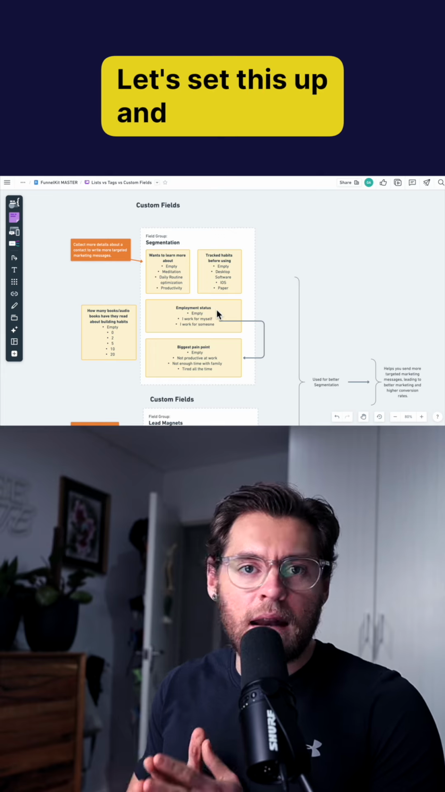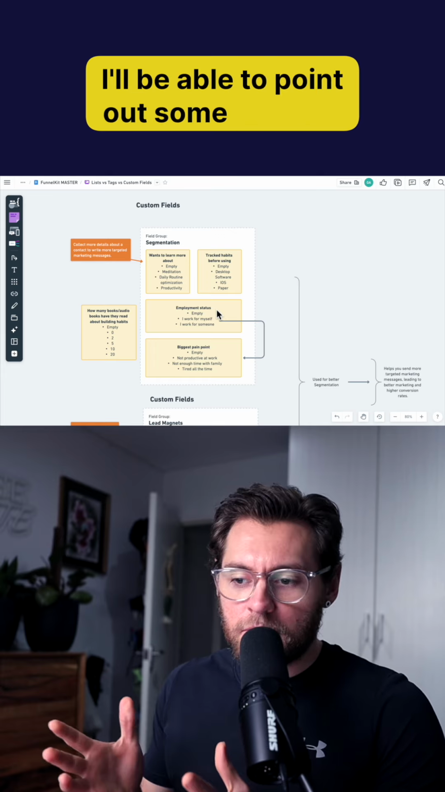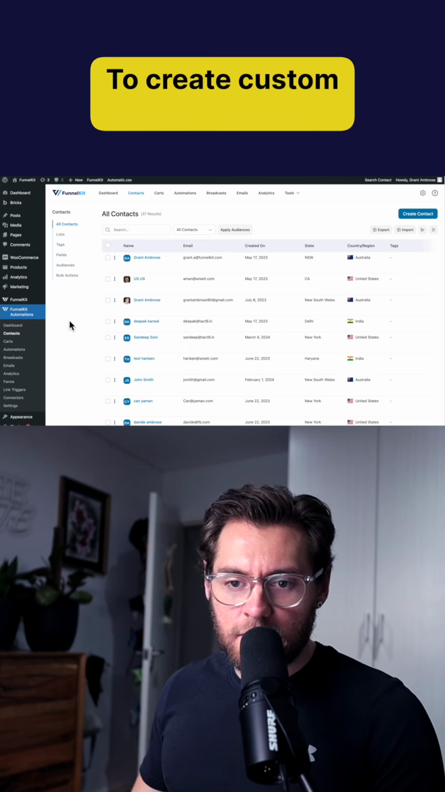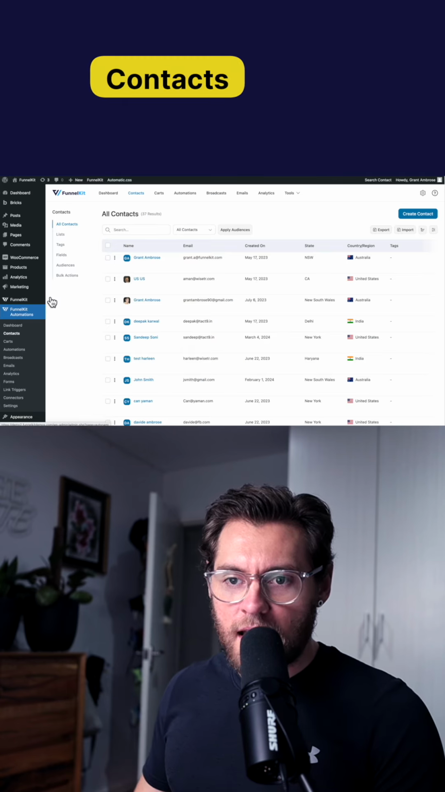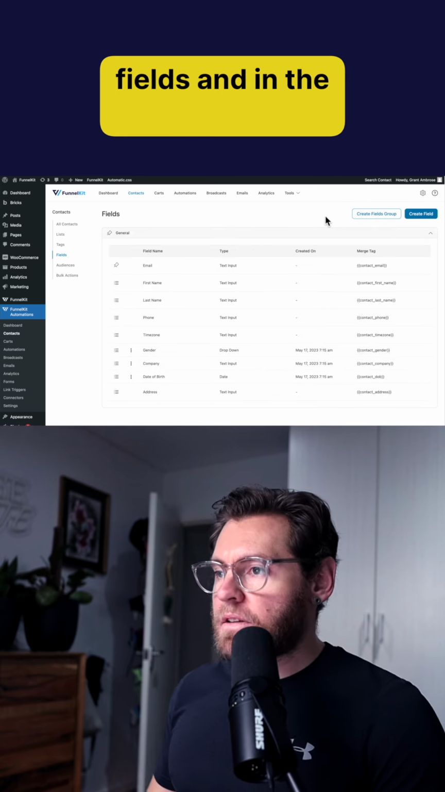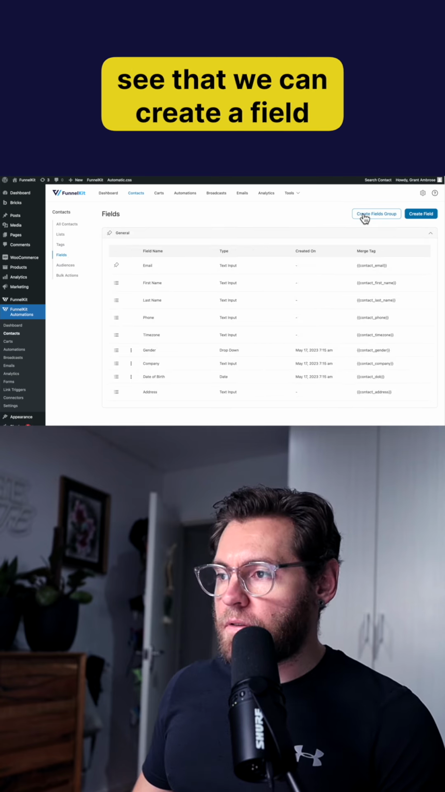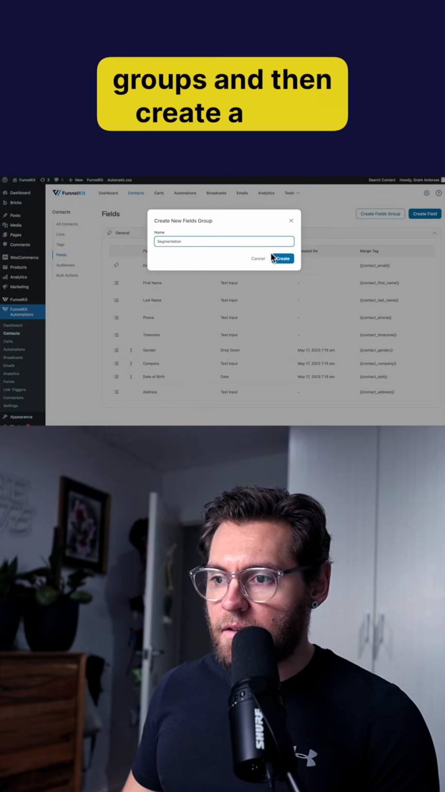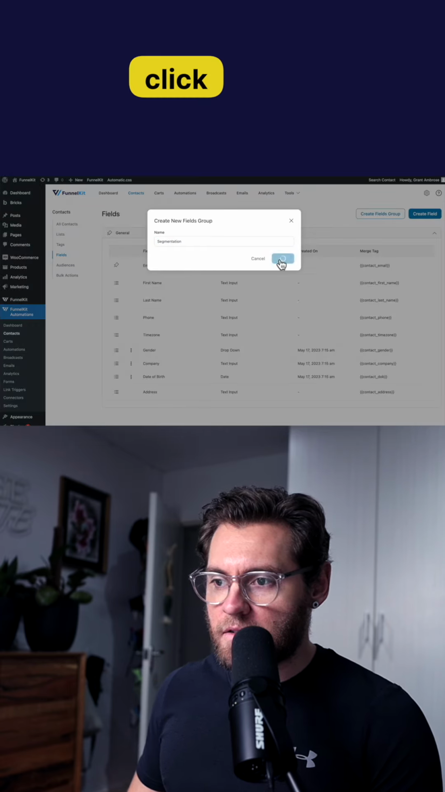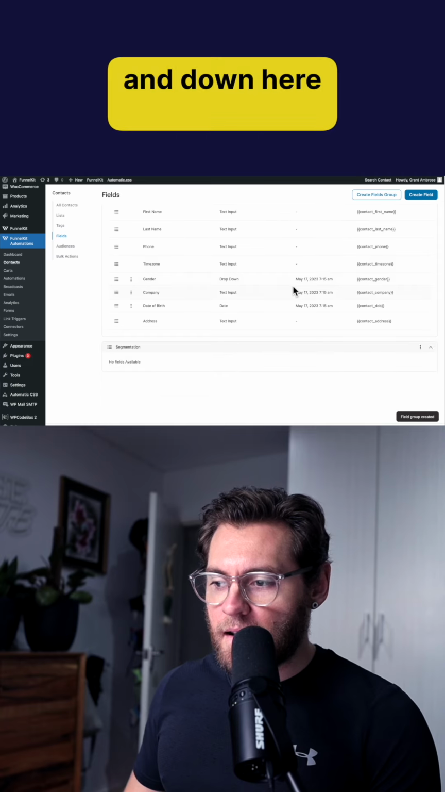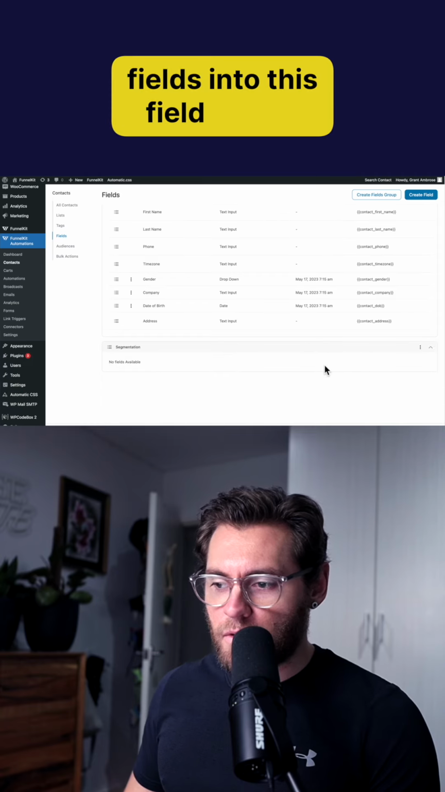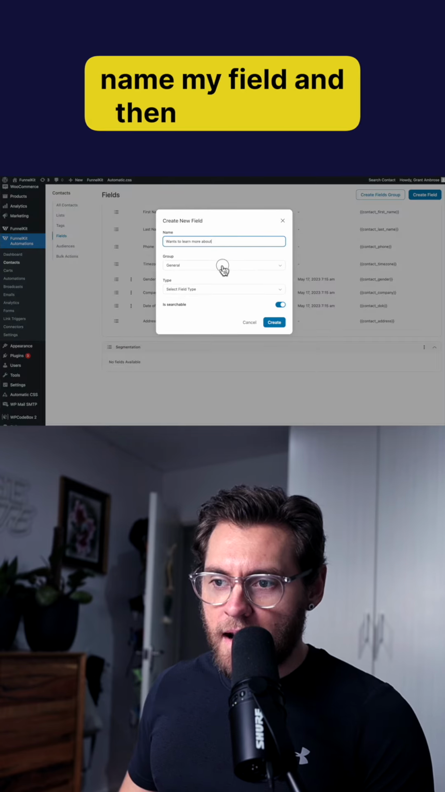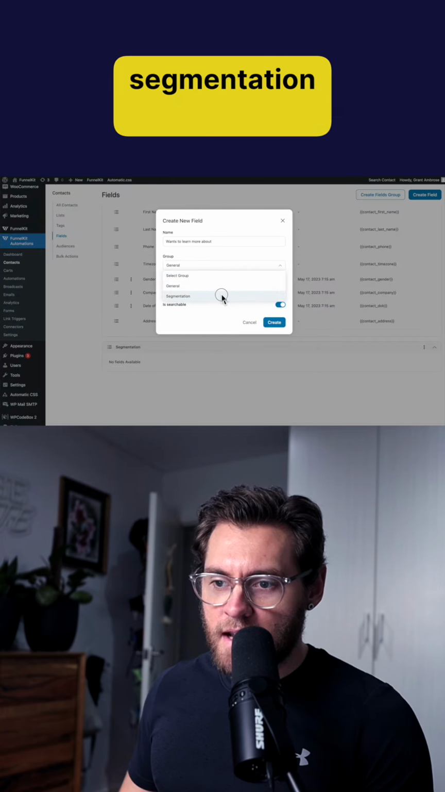Let's set this up, and in doing so, I'll be able to point out some reasons that you'd use a custom field over a tag. To create custom fields under FunnelKit Automations and Contacts, click on Fields, and in the top right, you can see that we can create a field group or a field. I'll click on Field Groups and then create a field group named Segmentation and click Create. And down here, now we can add fields into this field group. So I'll click Create Field, name my field, and then under here, I'll assign it to my new segmentation field